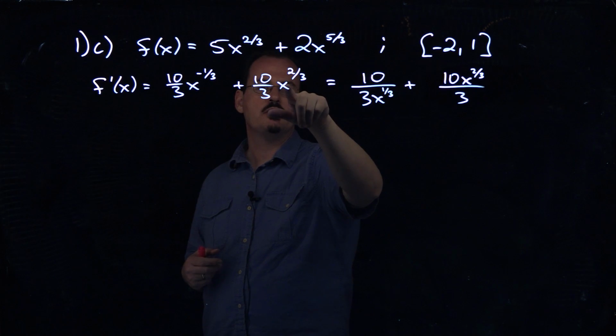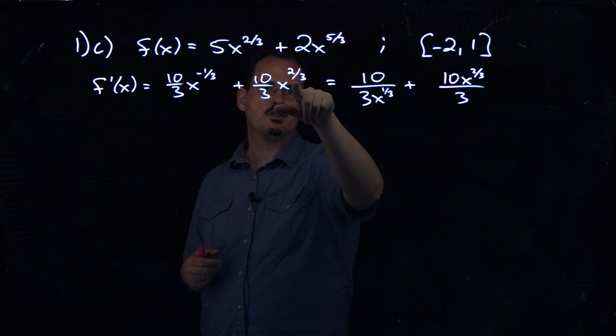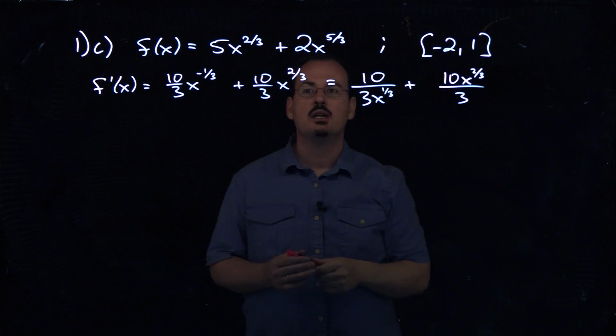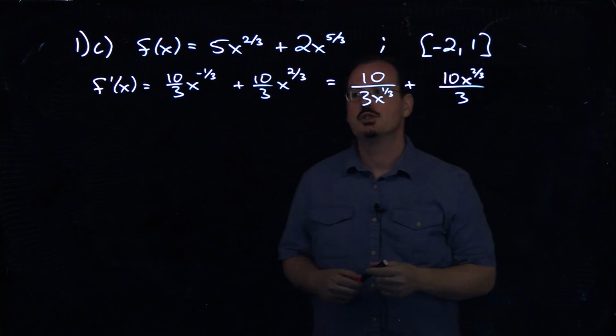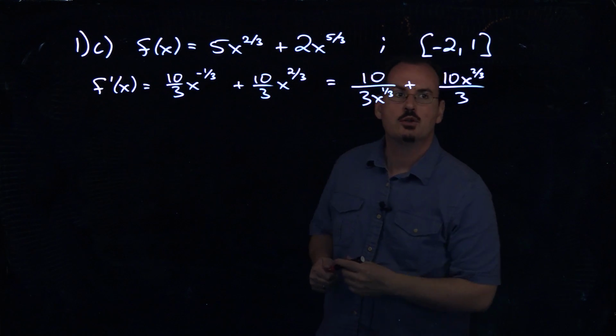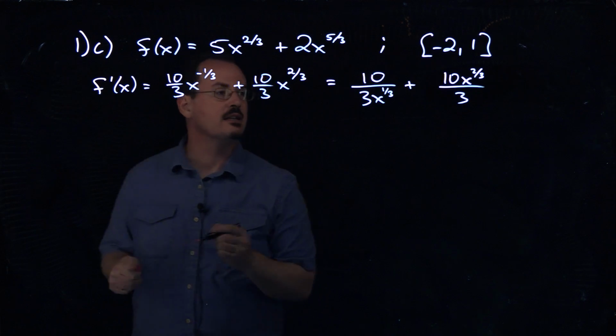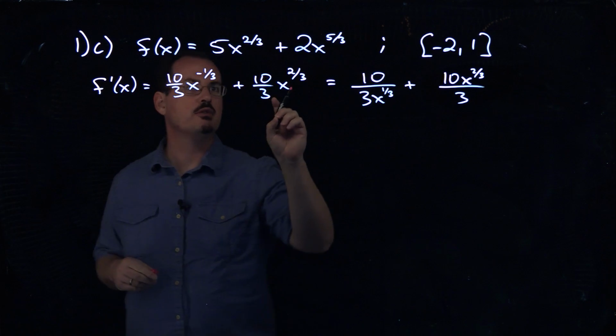And then this part here, if you've got a fraction times x raised to a power, you can just put that power up. You can put that x up in with the numerator if you want to. Okay, so now we're going to set that derivative equal to 0, although one thing we do need to point